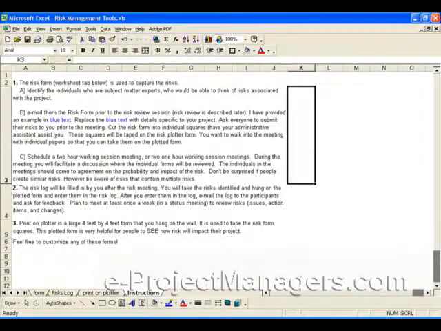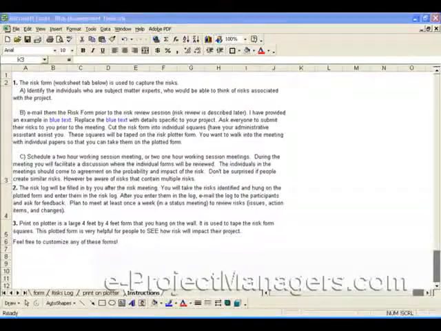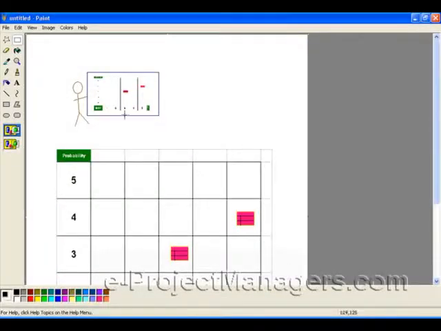What's going to happen is I've created a little paint image here. In your meeting, you're going to have a large plotter image hung up on a wall. And here's a picture of you. And what you're going to do is you're going to take the forms and you're going to place them on that image in the proper location. So for example, if we scroll down here,